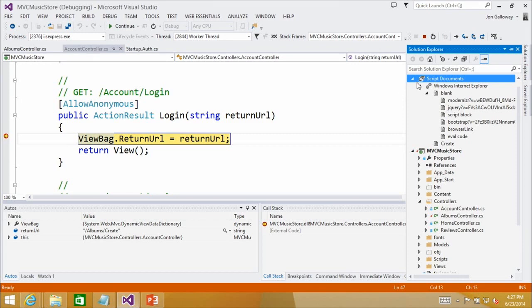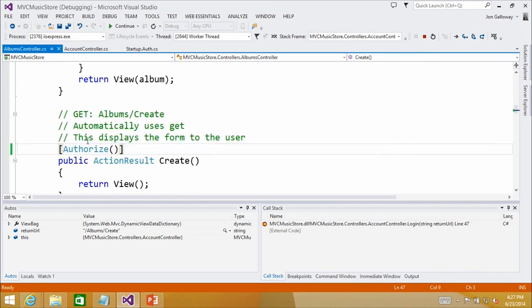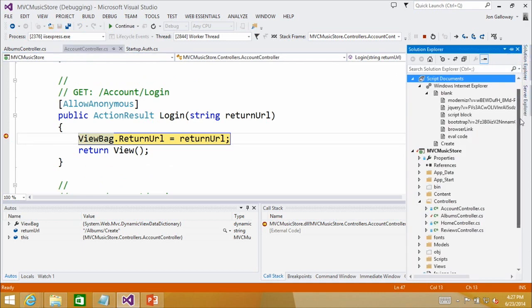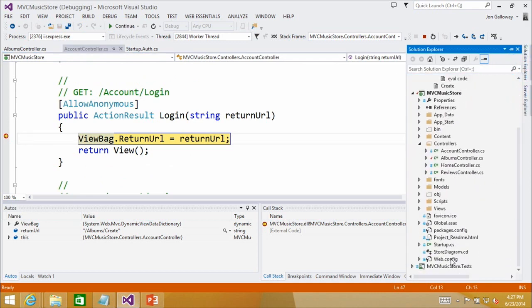Weird. Right. Okay. So here's what happened: I tried to browse to something, because my albums controller had authorize on it. That sent me over to the account controller. This redirection is actually happening inside of the login system. So if we look at, I want to show you where that's happening. If I go to